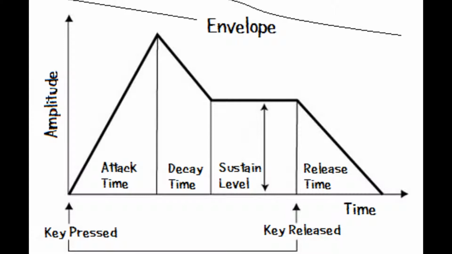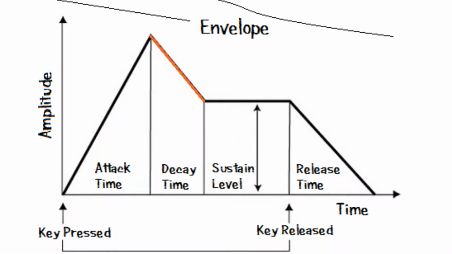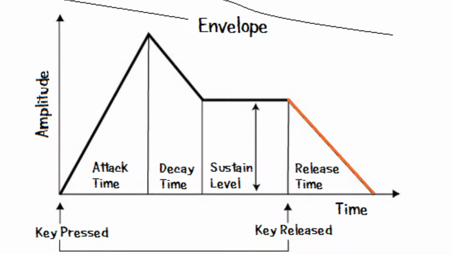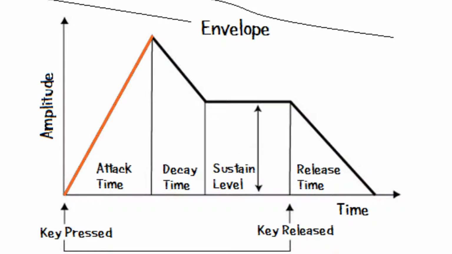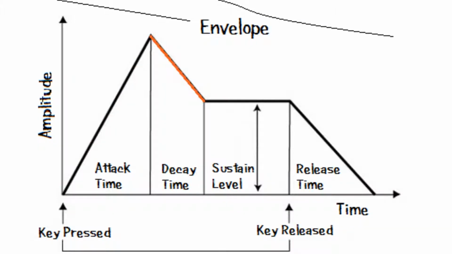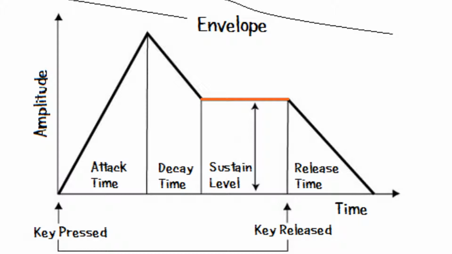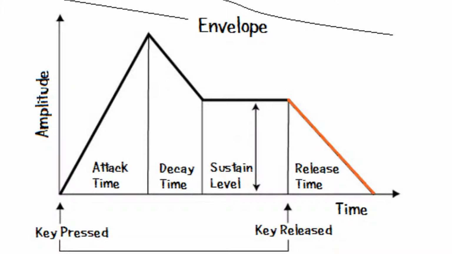Anyway, we use 4 terms to describe the path of an envelope: attack time, decay time, sustain level, and release time. Attack time is how long it takes for the initial sound to shoot up and reach its set peak. Decay time is how long it takes for that sound to drop to the set level that the sound will continue at. Sustain level is that set level or volume that it will stay at. And then release time is how long it will take for the note to drop off to negative infinity decibels